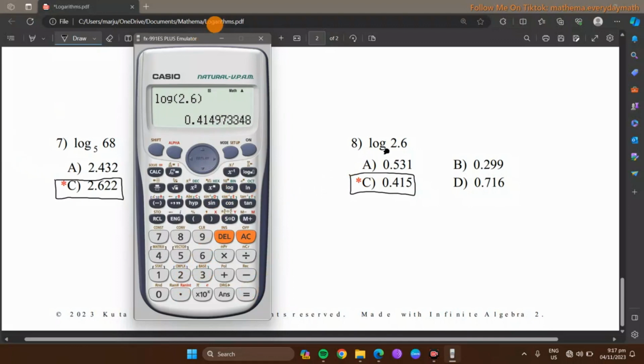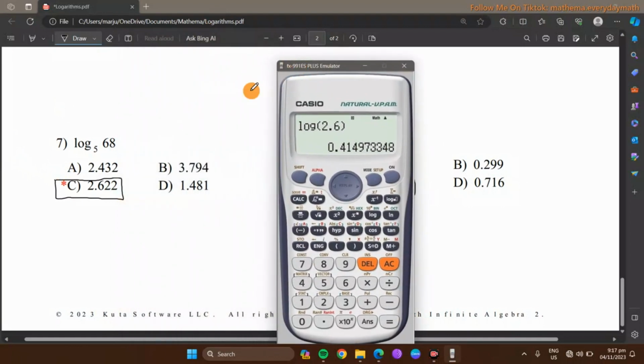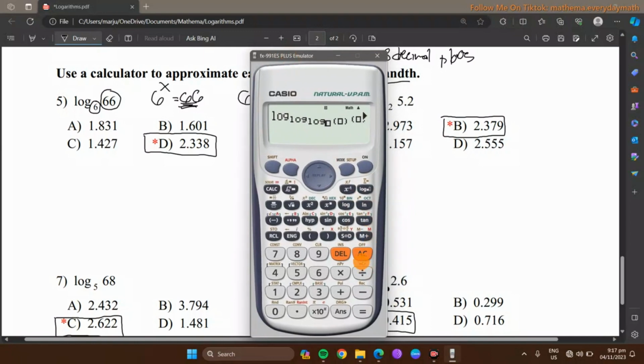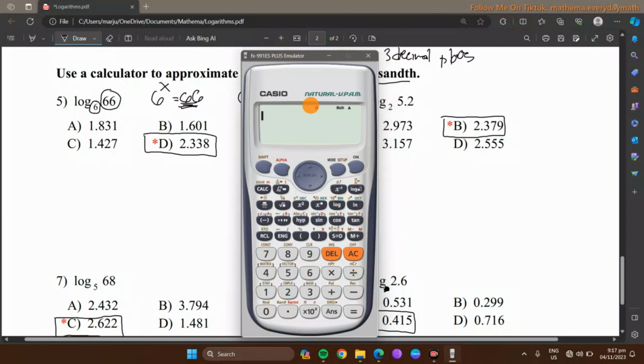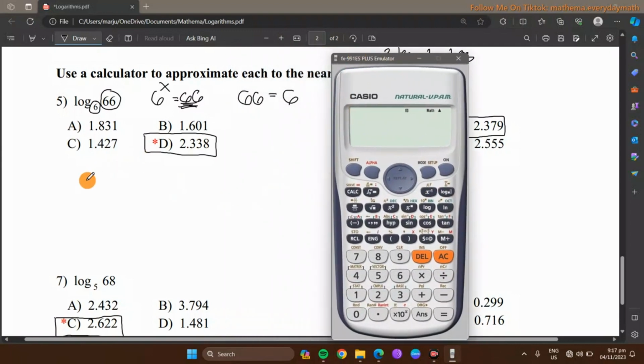Alright? Now, common questions are, sir, paano if my calculator walang ganitong button? Paano kung wala? So, this is very common if yung calculator natin is old version. Some calculators kasi walang ganito na button. So, paano siya gagawin? To solve this particular problem, we need to make use of this concept, yung